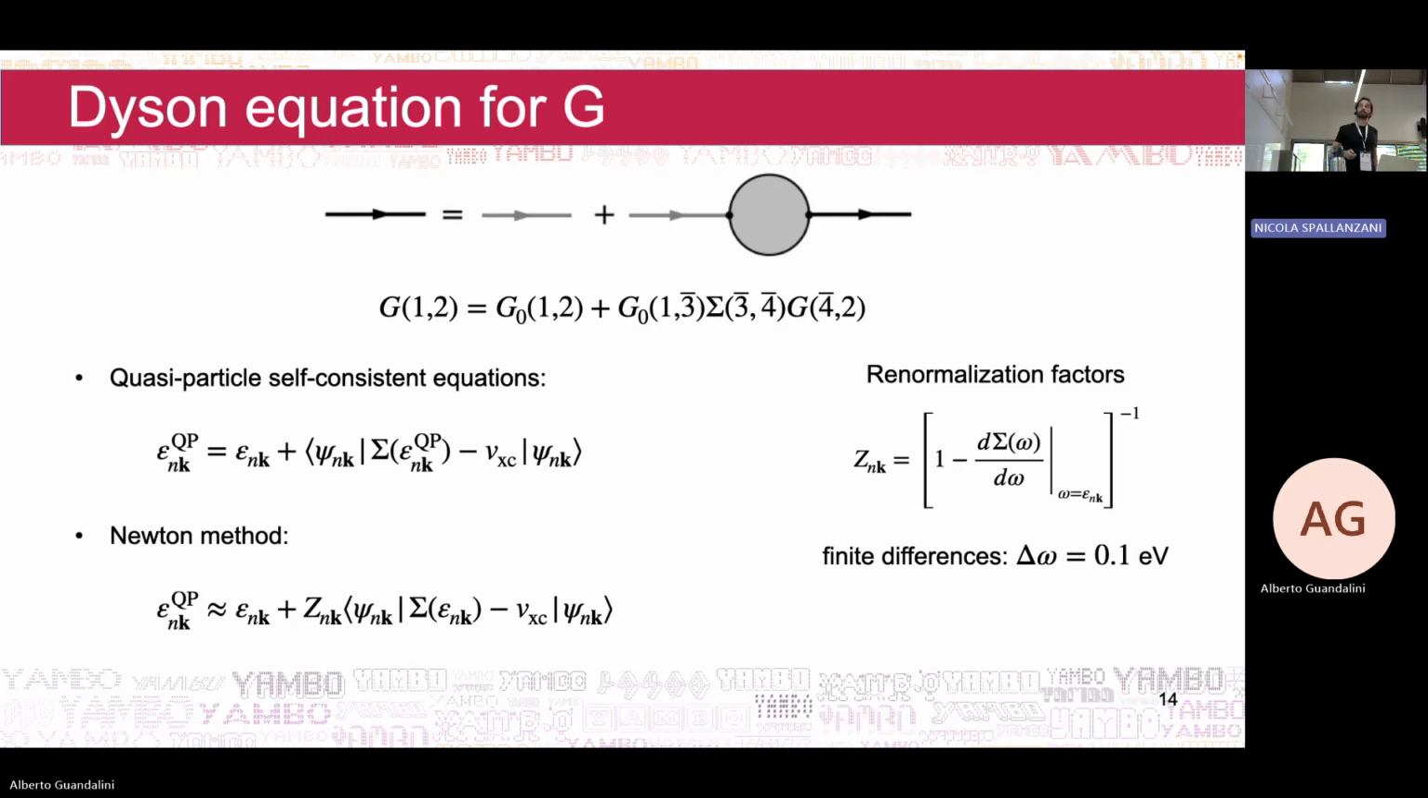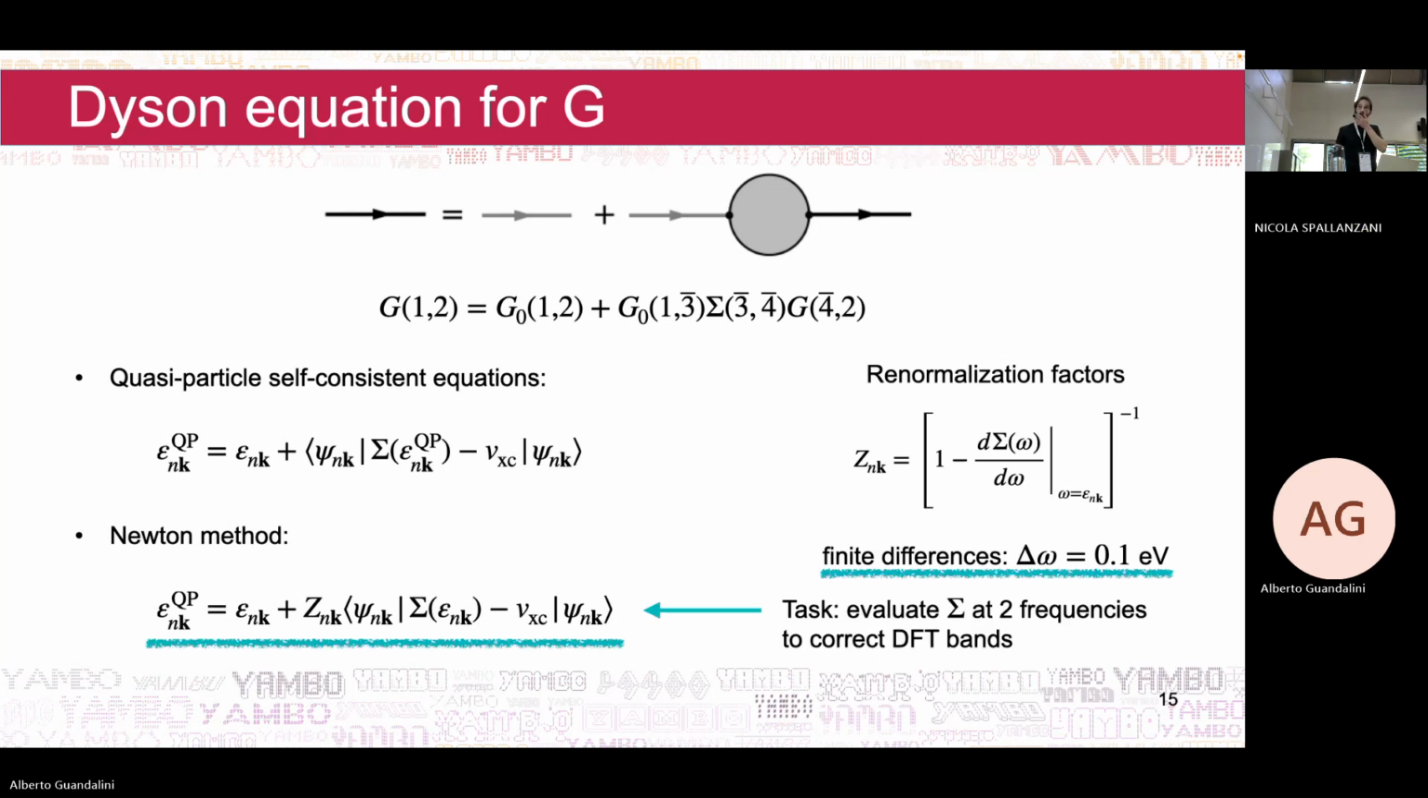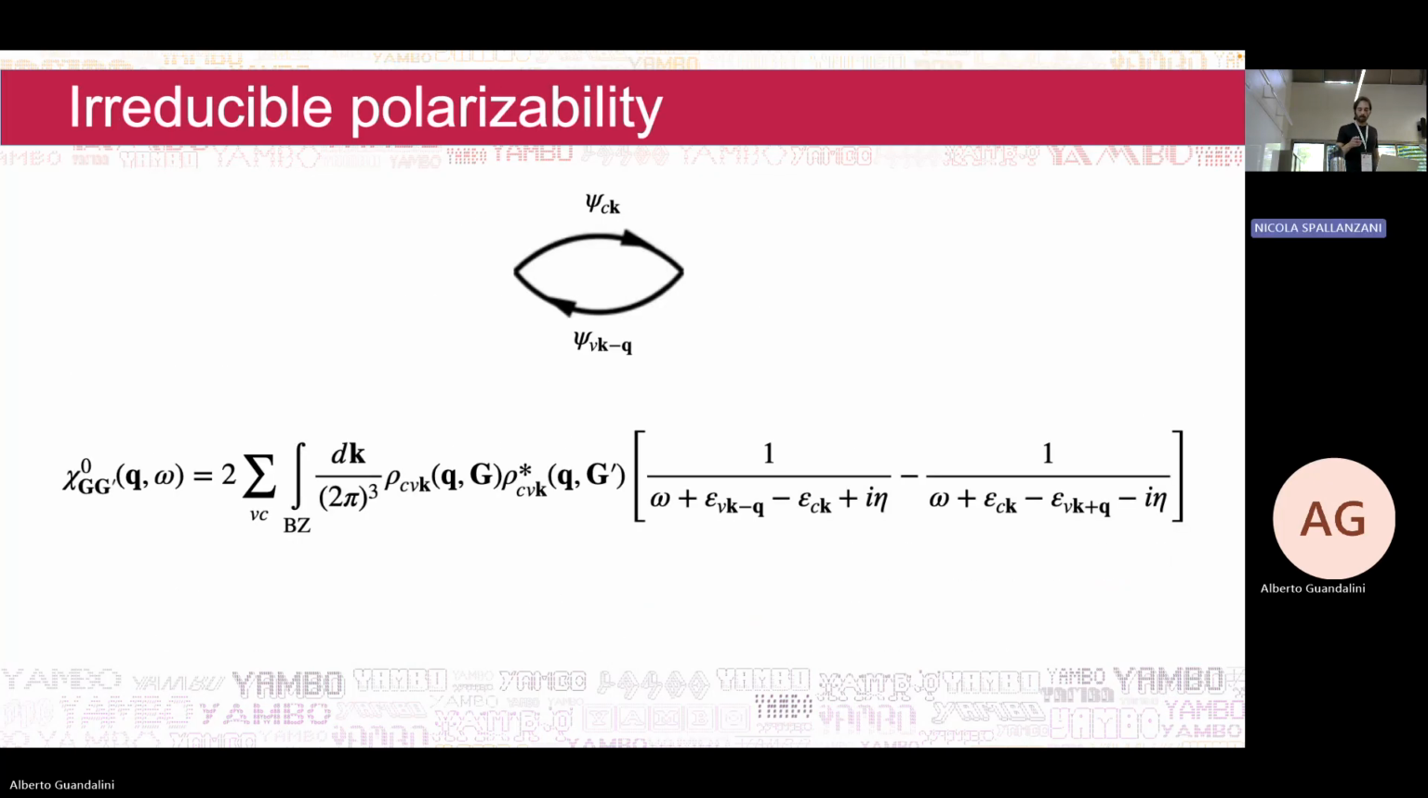Yambo calculates these renormalization factors by evaluating the self-energy at two different frequencies and then does a finite difference method. Thus, in practice, what we want to do is to evaluate this equation that requires evaluating the self-energy at two frequencies, and this will correct our density functional theory bands. But in order to evaluate the self-energy, we need the screening. And in order to calculate the screening, we need to start from the independent particle polarizability, which corresponds to the bubble diagram. I will not say too much about this expression, just that this is written in